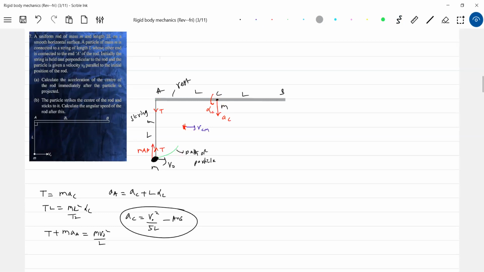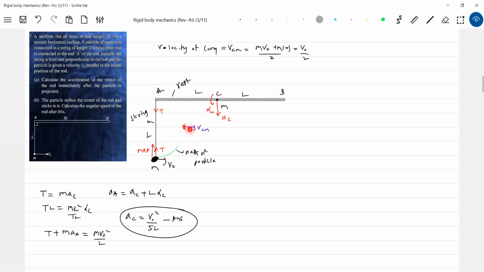So VCM should be equal to how much? What is VCM? The moment you project, the center of mass will have...